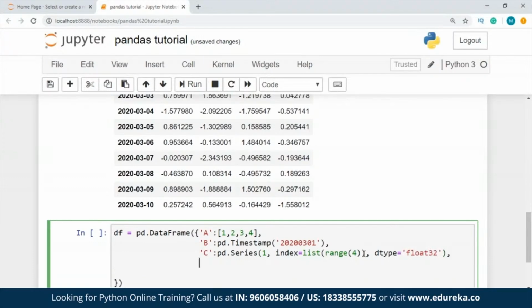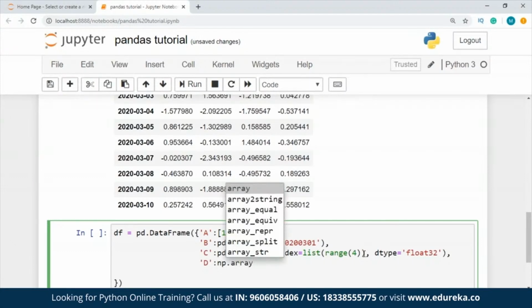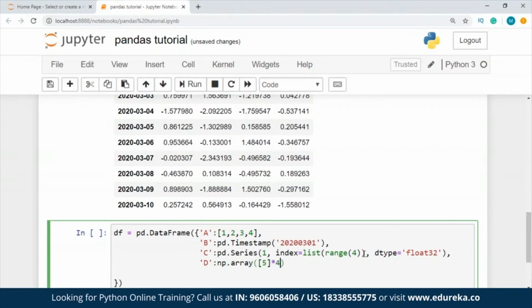All right. After this, I provide my next value, which is d. Now for d, I'm going to use a numpy array. And for this, I'm going to pass a value, let's say, not 3, let's say 5 multiplied by 4. And let's take the dtype is equal to int32. Yes. All right. Now I take my final value, which is going to be e. And inside this, I'm going to pass a